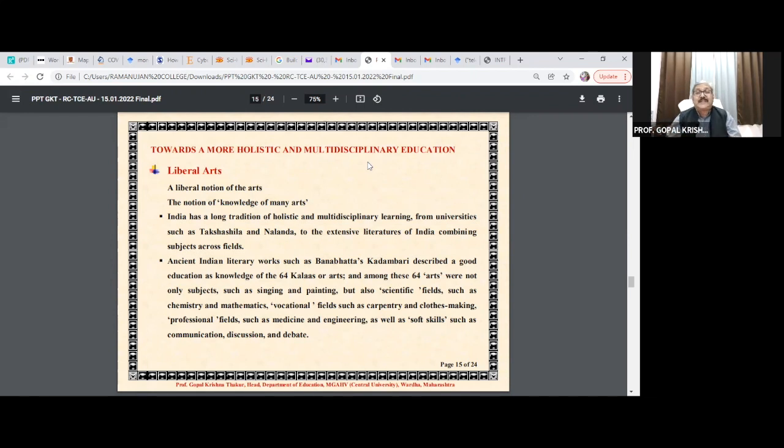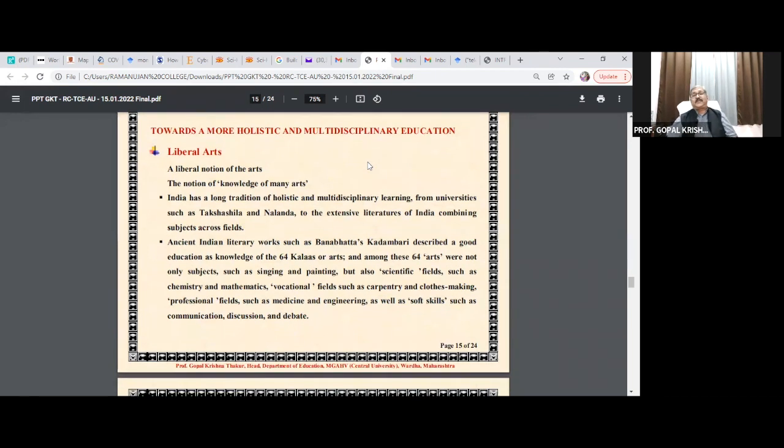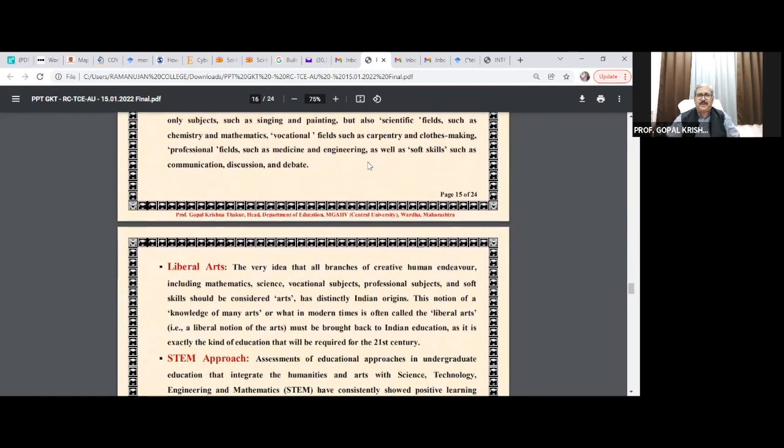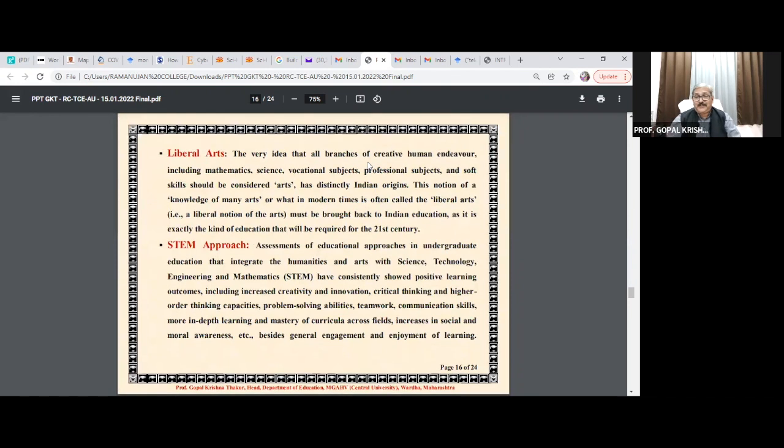All these were considered. You can refer to that book, Kadambari, authored by Banabhatta, where all these disciplines of knowledge have been considered as kalas, as arts, and as many as 64 arts were discussed. So what is meant when we say a person has become a bachelor of a particular discipline? Now, this National Education Policy document